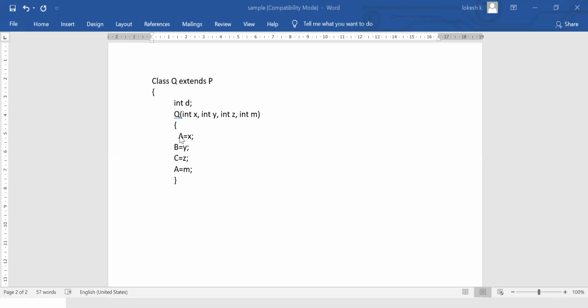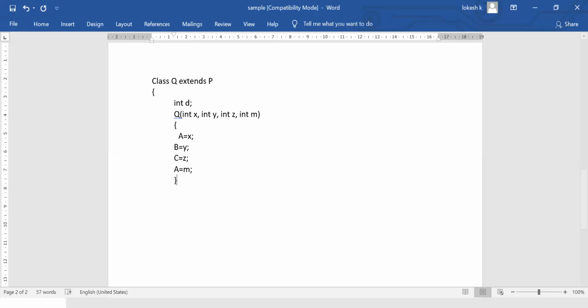In case super is not used, now he can refer you. Since I'm extending from class P, P already holds three instance variables called A, B, C. Now I'm deriving that into Q. Now Q holds four instance variables: A, B, C, which are derived from P, and an instance variable called D. Now by supplying values of those instance variables through these parameters, the code written will be in this form in case super is not used.